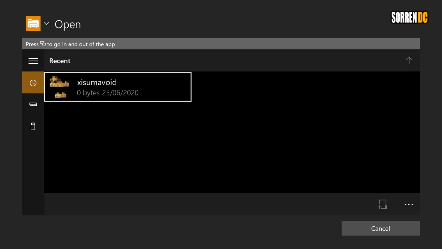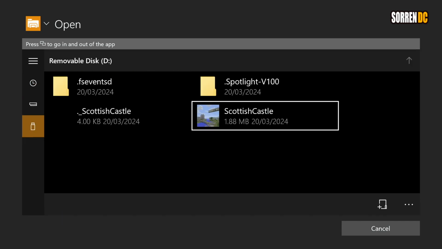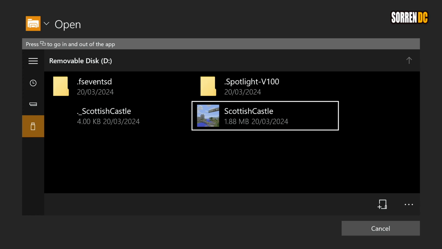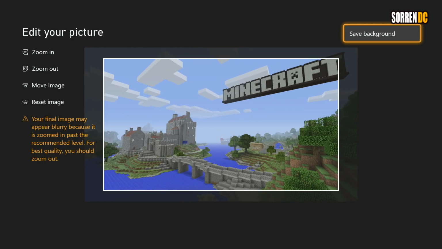So if we go to here, I kind of want to show you just to make it more clear. But yes, it is this one. Okay, so on this one I put a picture of a Minecraft tutorial world, which is quite old. I'm not sure if any of you will remember it. There's actually two here, but I think it's this one, and it's a real castle in Scotland. It's pretty cool. And in here, when you have a custom image, you can actually zoom in, which